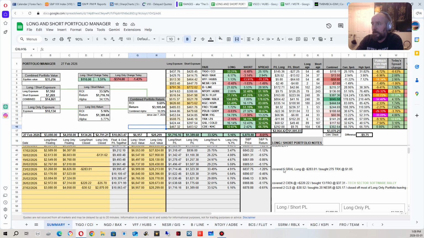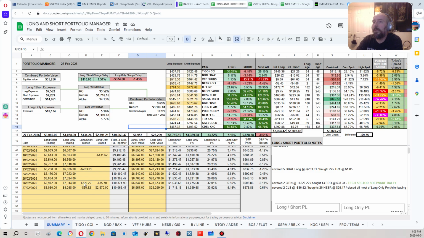On Monday, I covered 5 long positions in Grail, a loss of $283. You see that right over here, and that's all being calculated up here. This is the actual result for the long and short, and these are my results for long only. This has climbed a lot more because I've de-risked a lot, and I've taken the long only positions that were in profit and closed them off. So you see that profit here, and that combined profit for the long only, which is closed now, is $2,800. On Thursday, I covered 2 CIEN with a $220 profit.